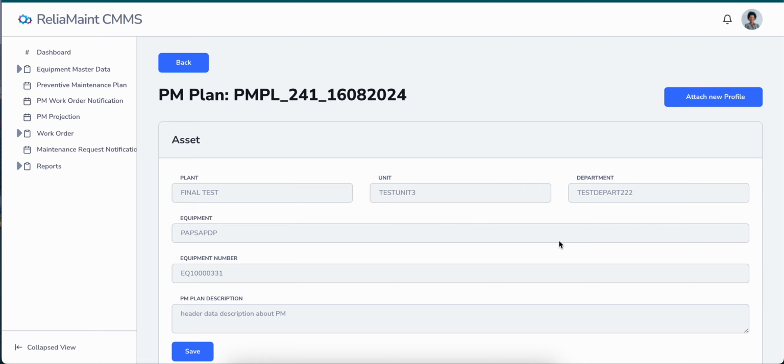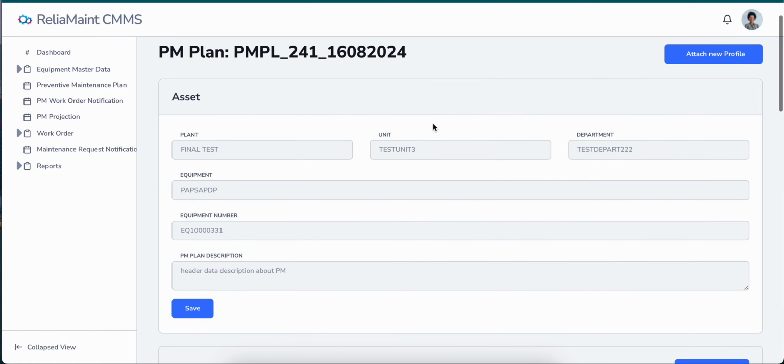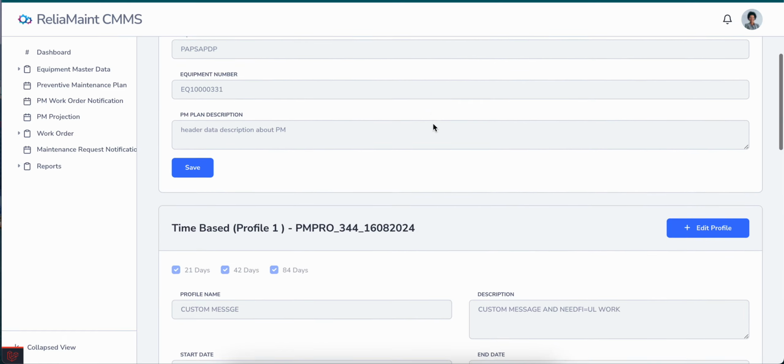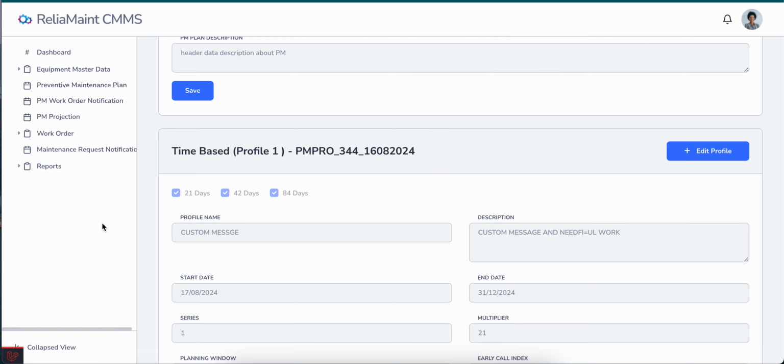So this is a PM plan. It has got some unique numbers. Now within that PM plan, we can have multiple profiles. So the first profile is showing based on the days. That means this particular profile is 21 days, 42 days, and 84 days.